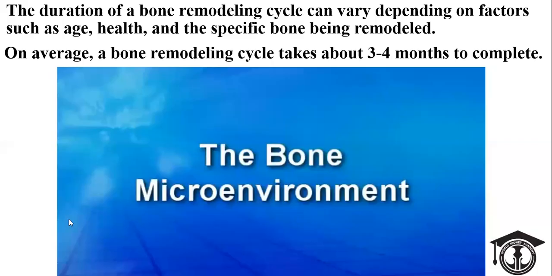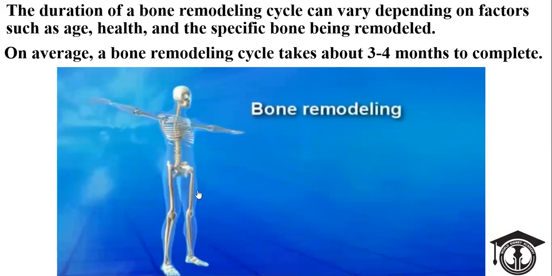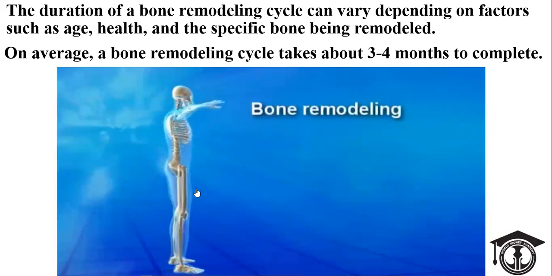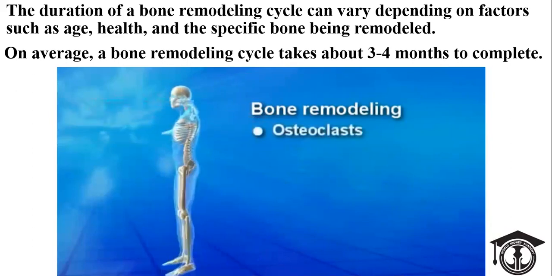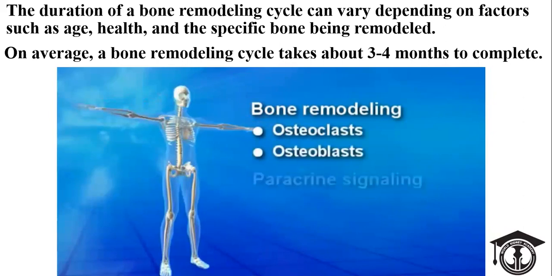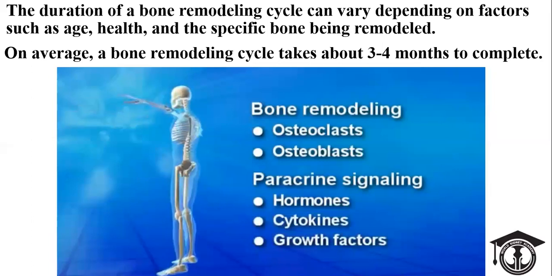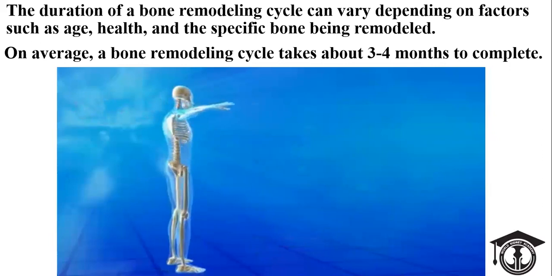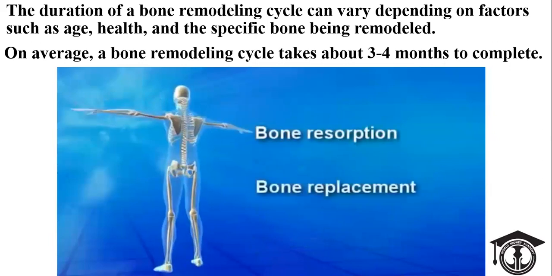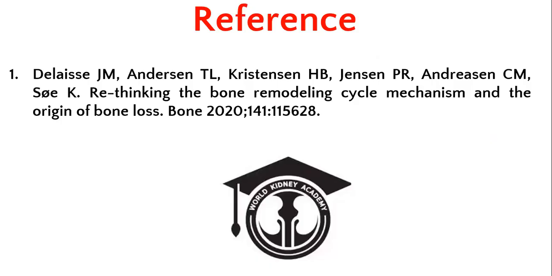And the duration of bone remodeling cycle is usually about 3 to 4 months, depending on several factors like hormonal factors and the age and the activity. So younger population tend to have higher bone turnover, higher bone remodeling, and also modeling. So in elderly people, it takes maybe up to 6 months for the bone remodeling cycle to complete. In younger, it takes 2 to 3 months. Here is a reference.